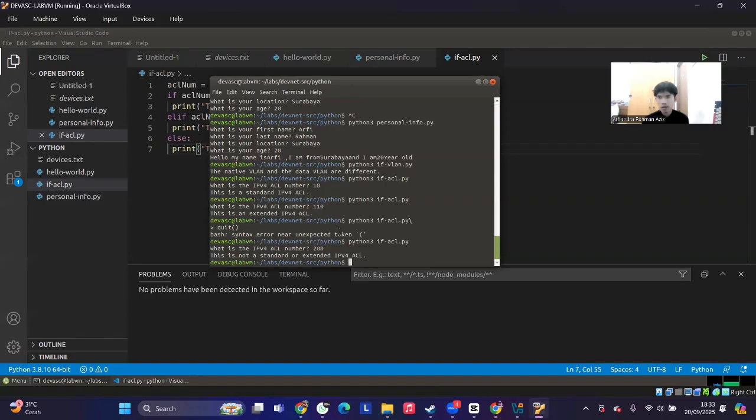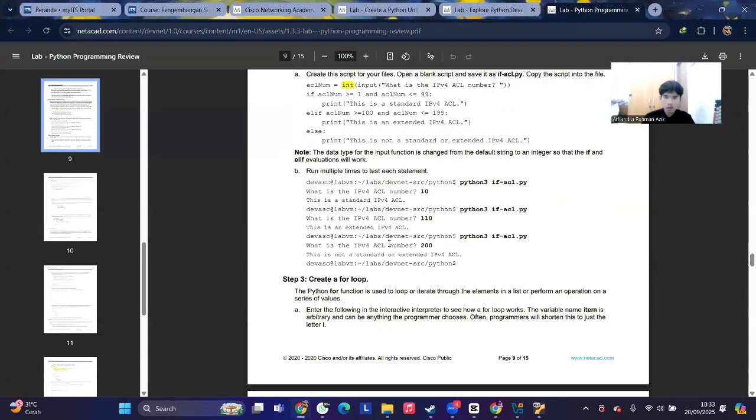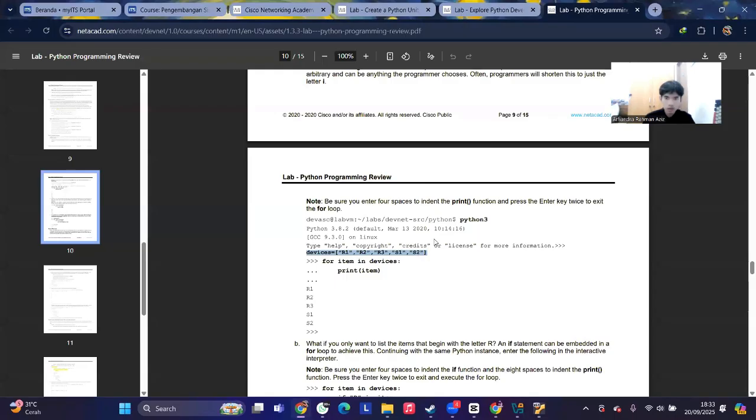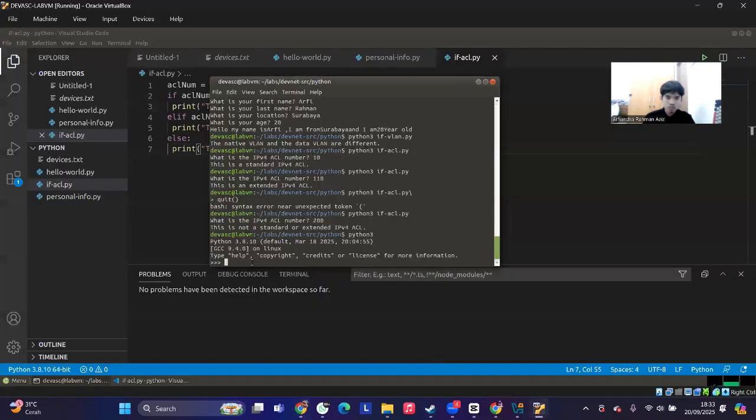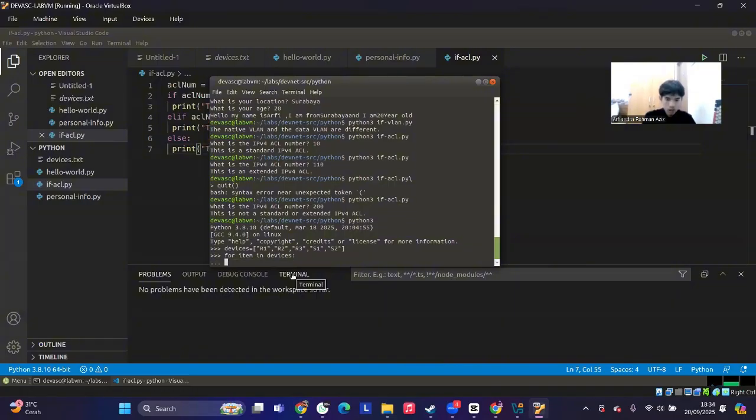Okay, for the next one, I will try to create a loop. So I will type Python 3, and then we will insert Python on the terminal, and then I will use this devices list, copy, and then for item in devices, print item.